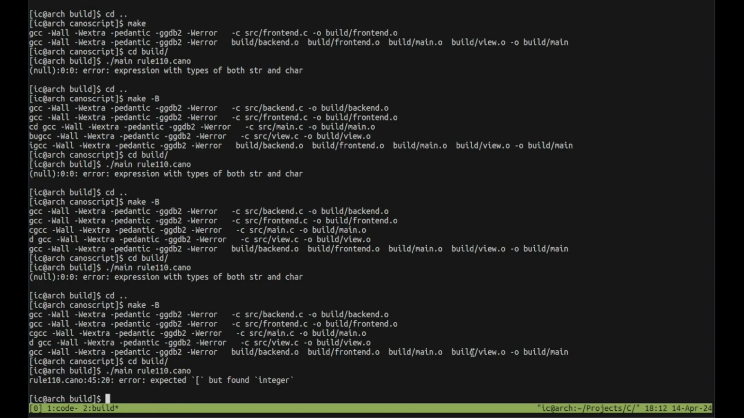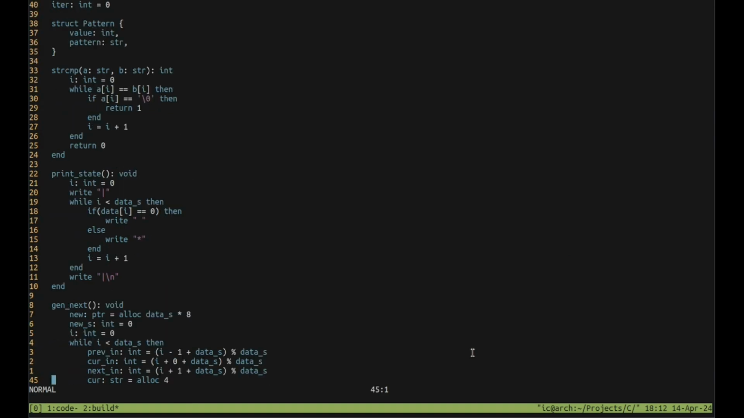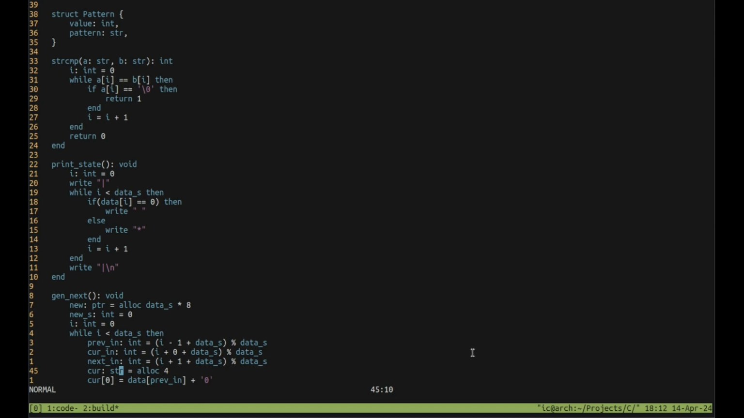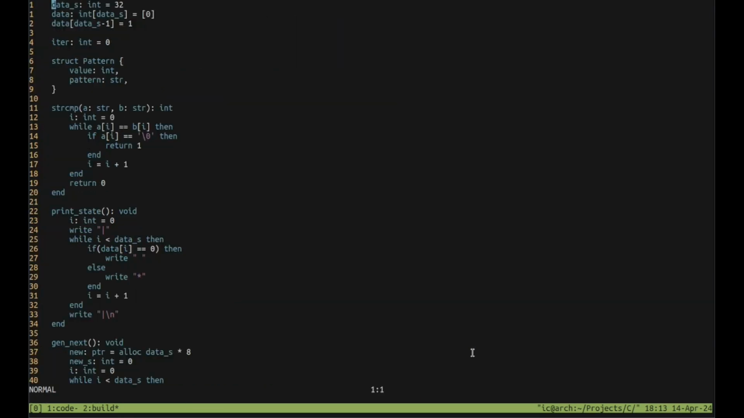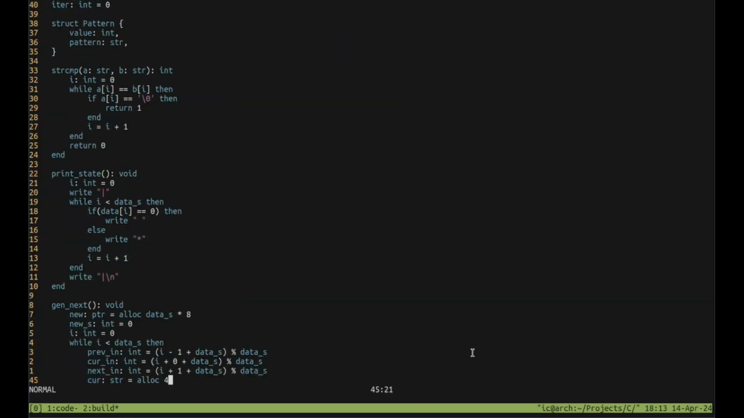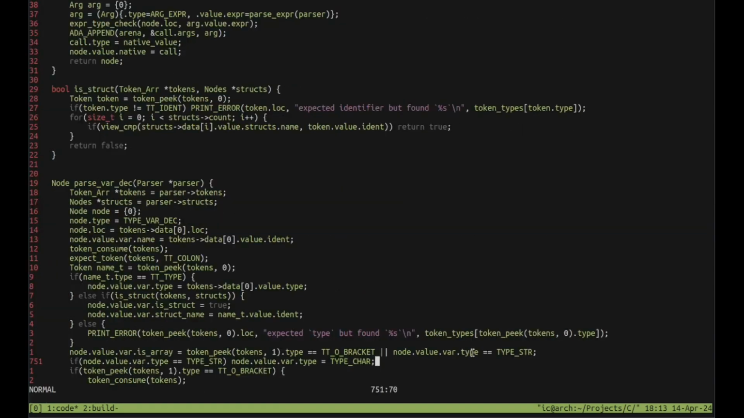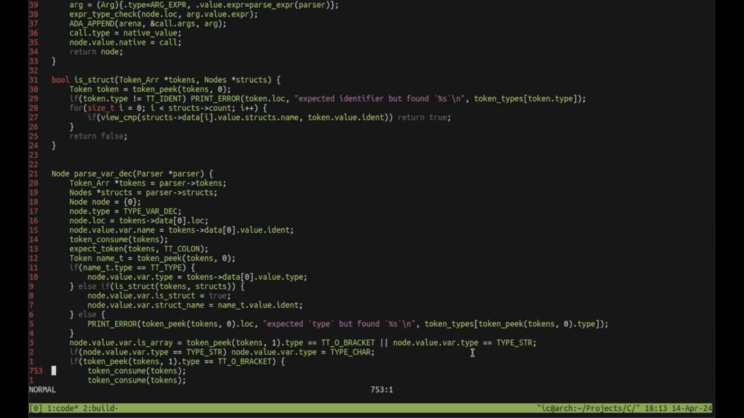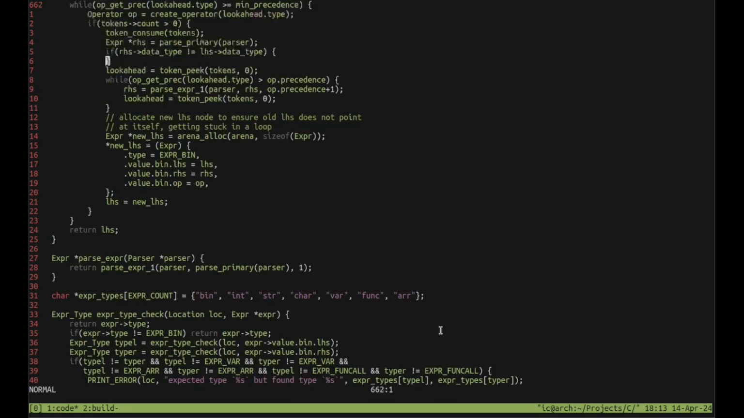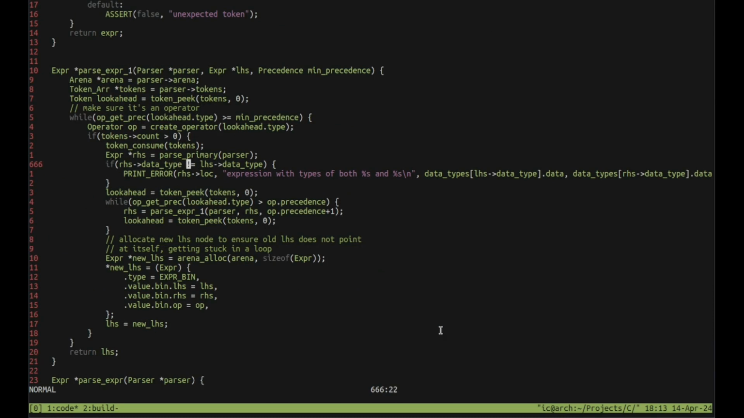Wait, that but found integer. Okay. Why is that? Okay. So just changing this broke that. That is incorrect. Let me go back here. I just want to try this again. So let me just say if that